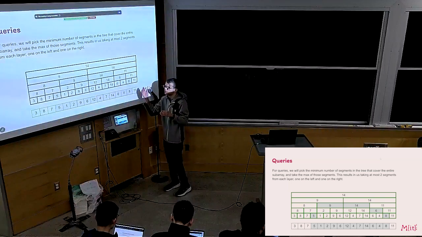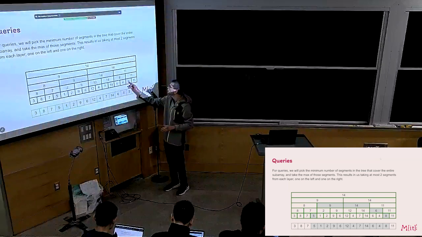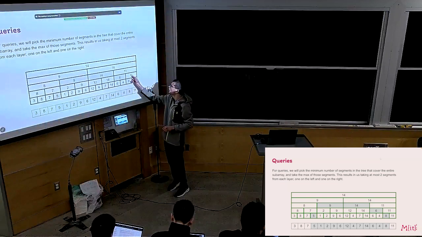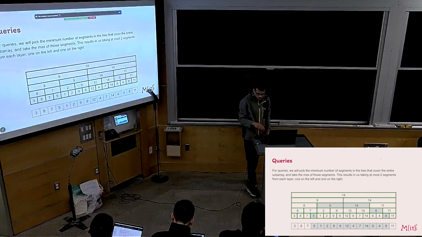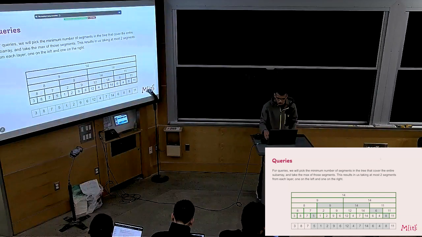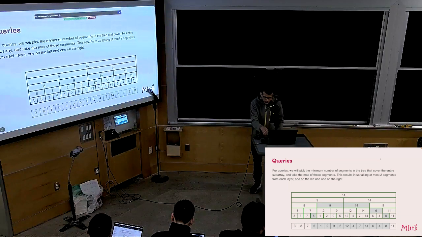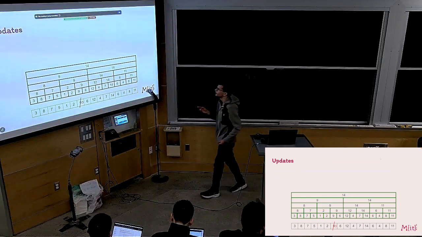Again, based on the intuition from the repeated square root decomposition, there's only one value on the right and one value on the left that's not fully covered by a block above it. So this results in taking 2 times log n segments. I will explain the procedure for how to find these segments in a second. And then for the updates,